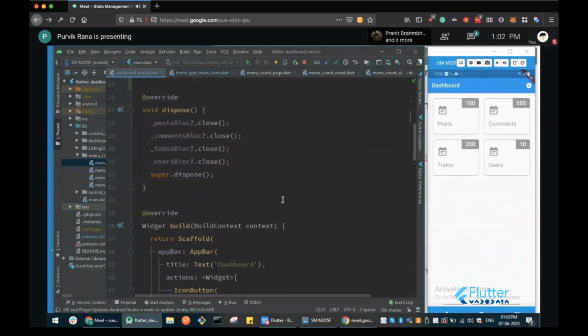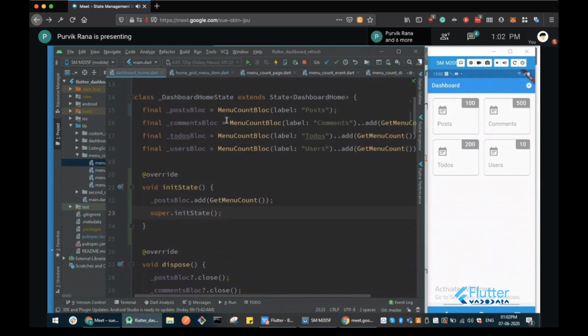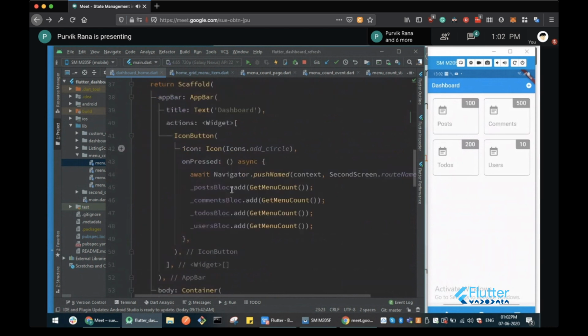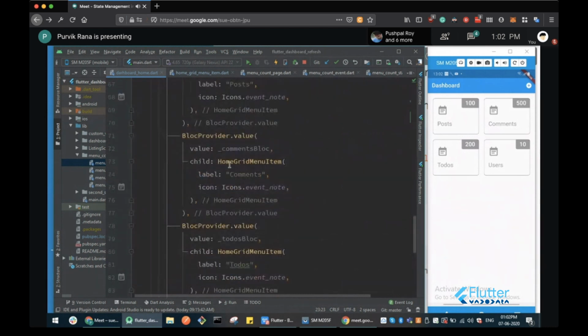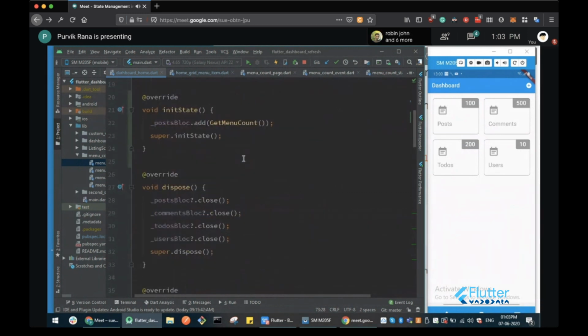And you can dispose, because we have created the local instance and provided it with the block provider dot value pattern. It is not directly block provider dot create, it is block provider dot value. So we have to take care of disposing these local instances. If they are not null, we can close these instances using this syntax in the overridden dispose method.